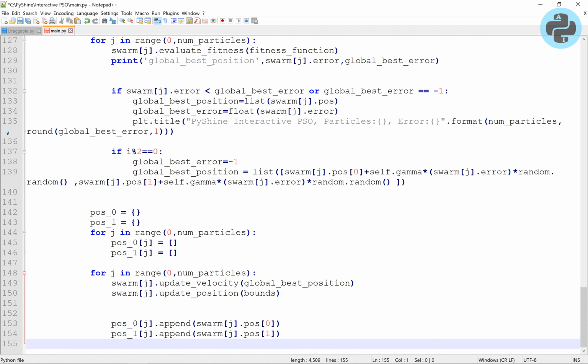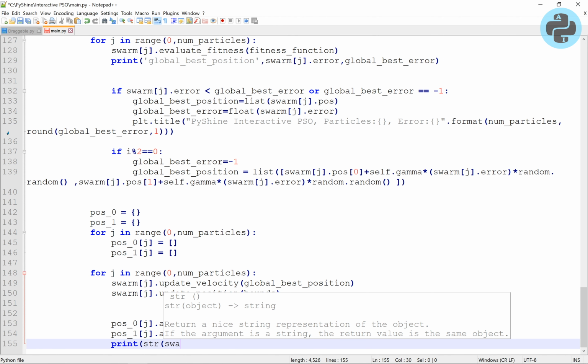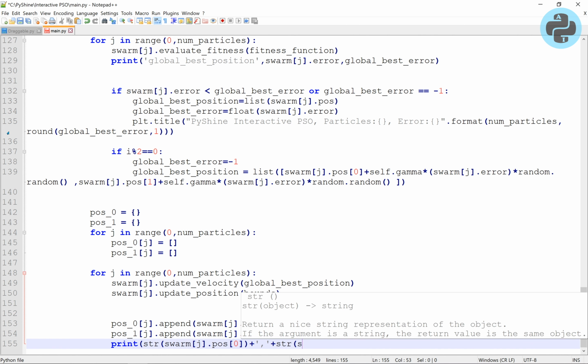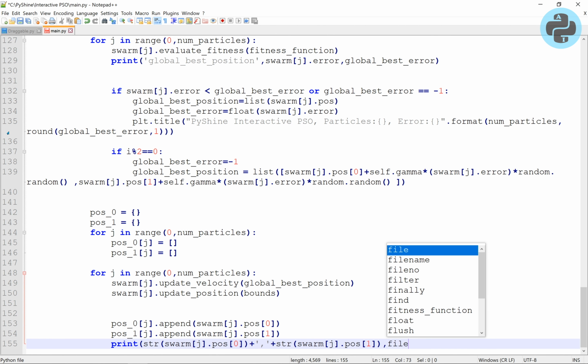The pose dictionary has now position of each particle. We will use it to plot the particles on the canvas of Matplotlib figure.